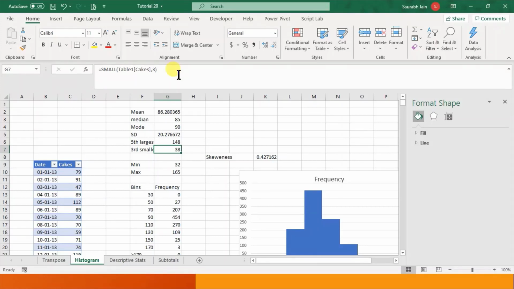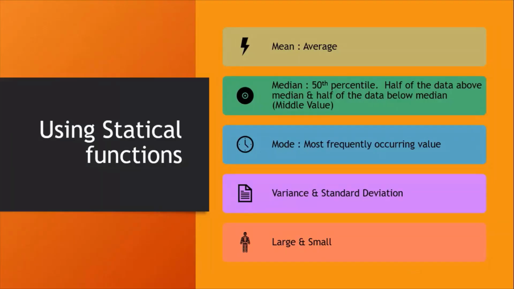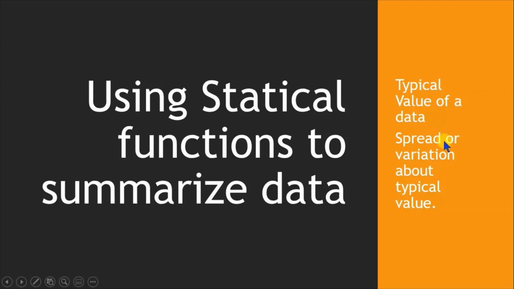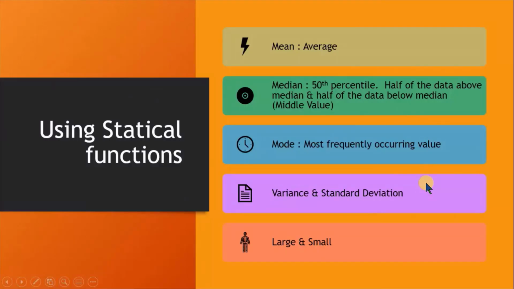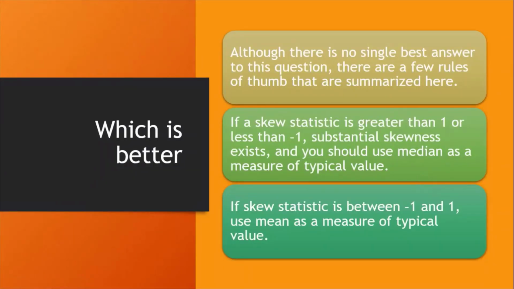Now when we talk about which data to use, I told you about the typical value of a set and spread or variation. Fine. So which is better? Although there is no single best answer to this question, there are a few rules of thumb that we summarize here. If the skew statistic is greater than 1 or less than -1, substantial skewness exists and you should use the median